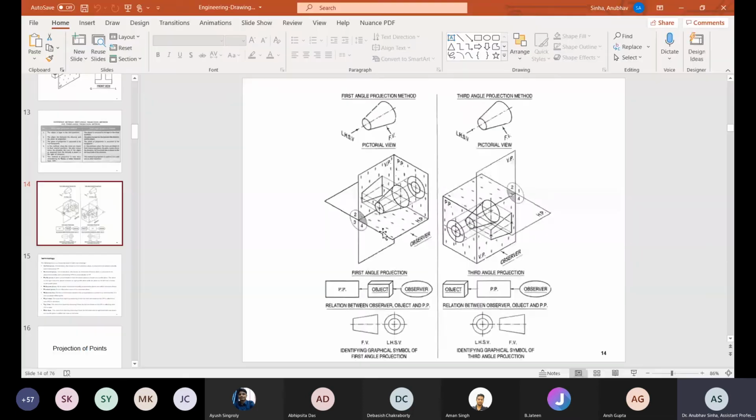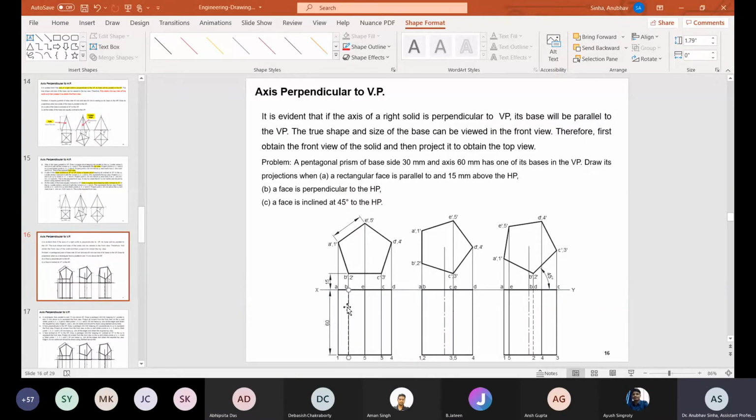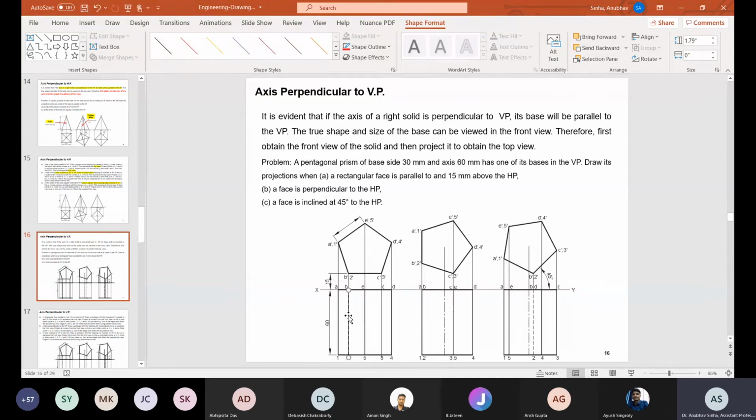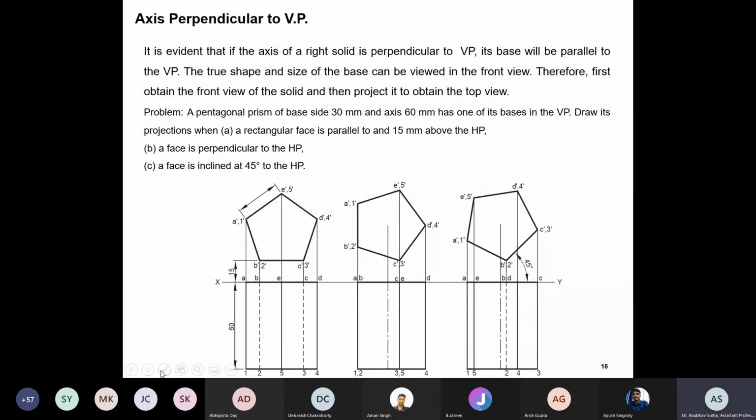Now let us go back to the slide that we were discussing. Let me share that slide. Okay. Now we are back to this slide. Let me remove this. Okay, now look at this